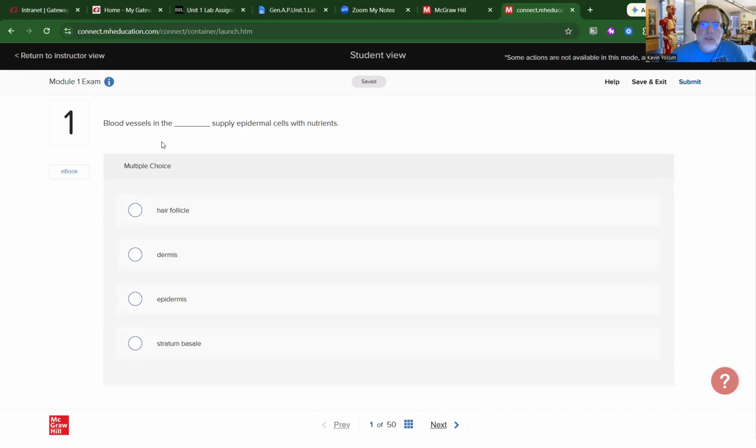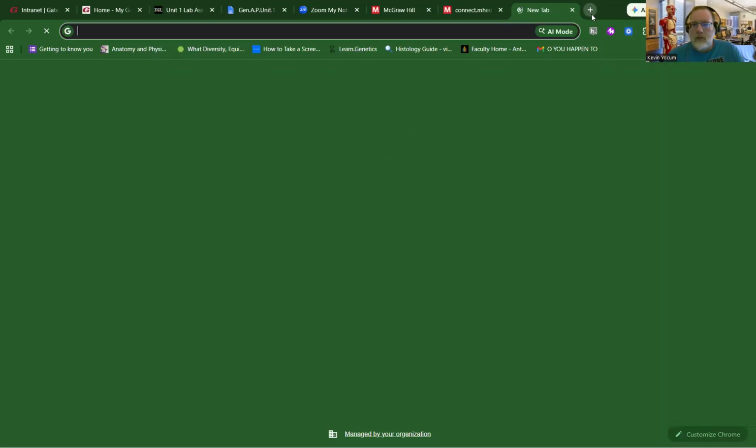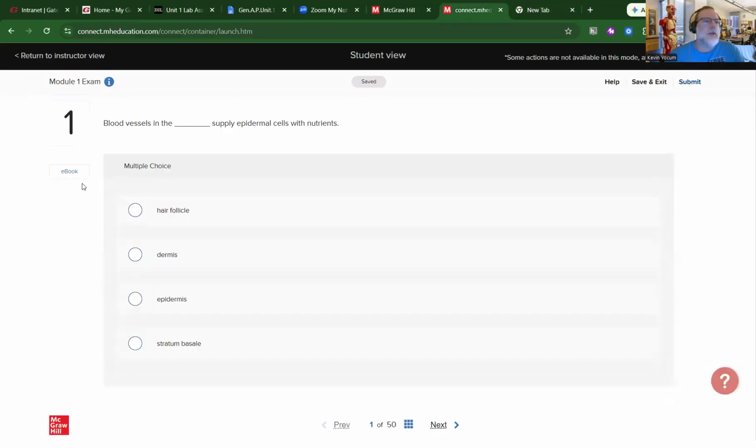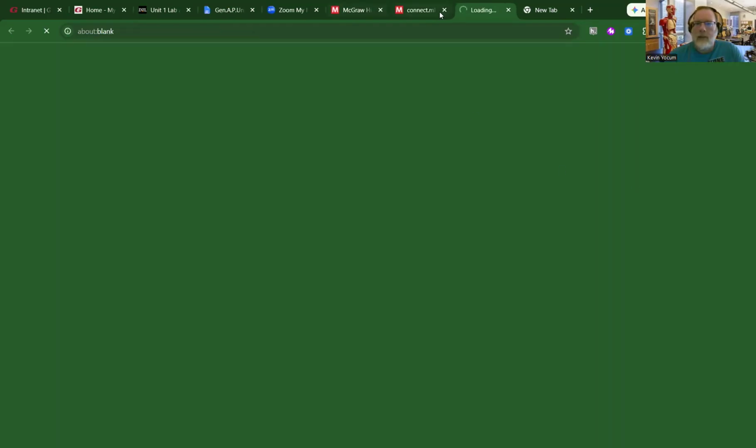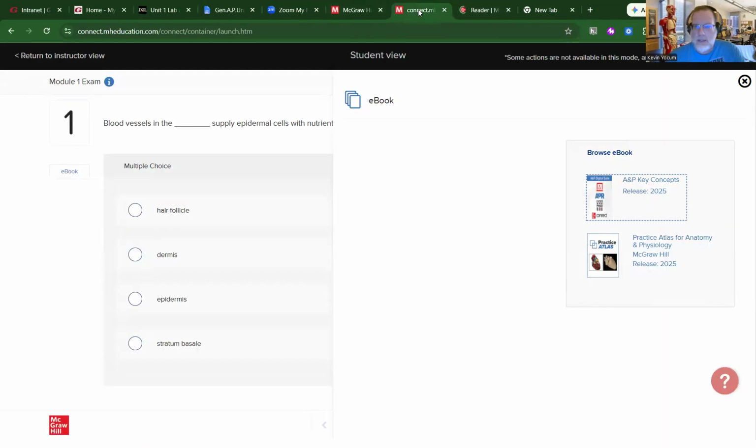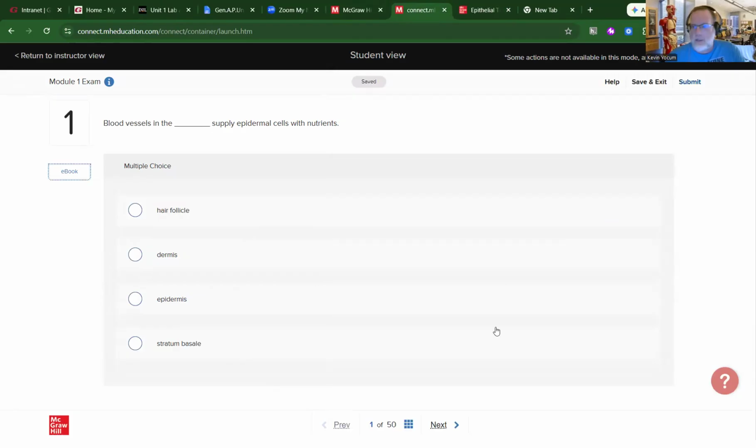That's okay. What I want you to do is still research them and try to find the answer. You can go over into a different tab. You can even open the ebook right here, either one of them, and that'll open it in a new tab, and then you can use that to assist you. So you have a lot of different ways to get to the bottom of the answers. In the clinical setting, that's how we promote understanding, using as many tools as you can to get everything understood